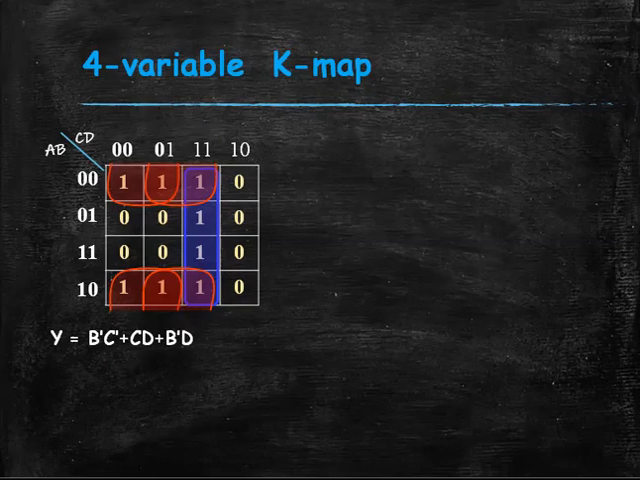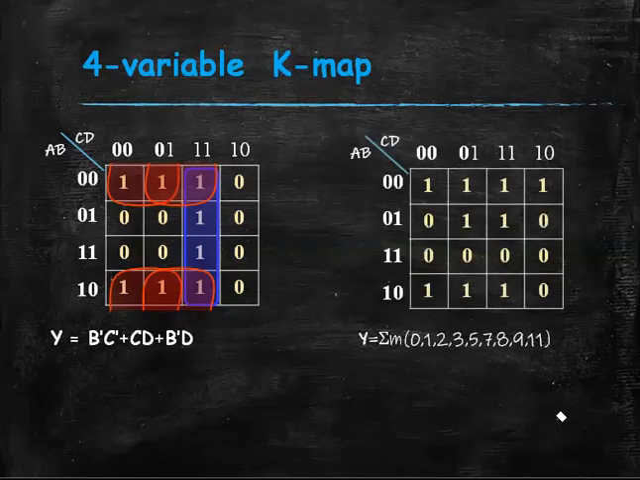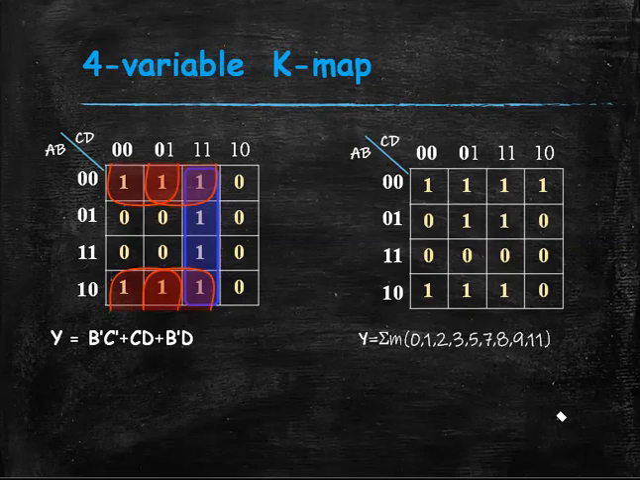Consider another K-map. For a 4-variable K-map, here the SOP canonical form is given. Here 0, 1, 2, 3, 5, 7, 8, 9, 11. The corresponding K-map is drawn this way. Here, look at here,